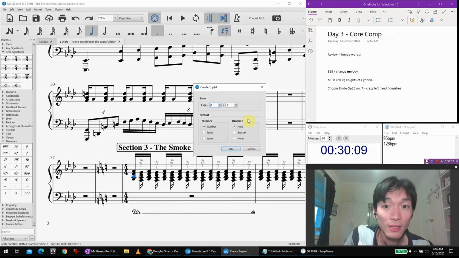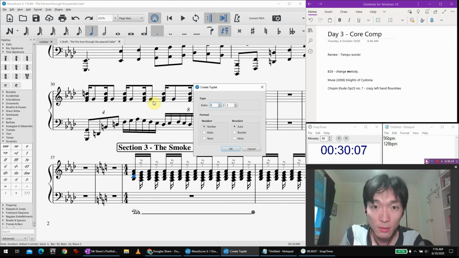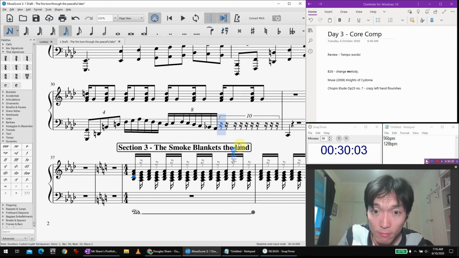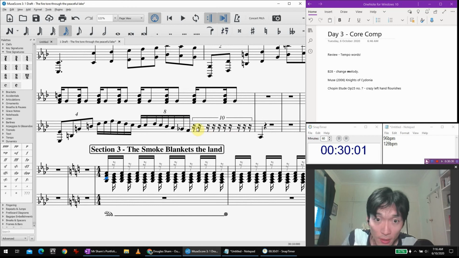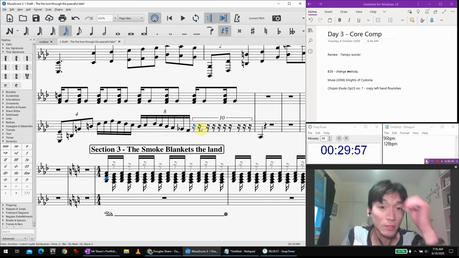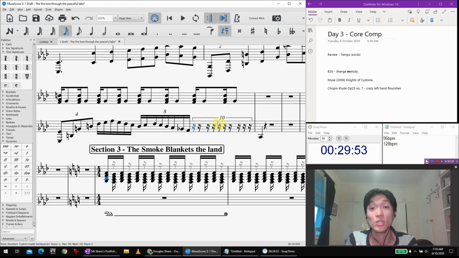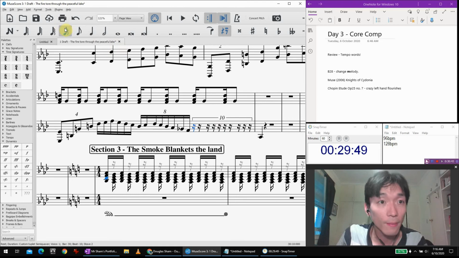Yeah, let's try that. Okay, so I've never used this function before. So it's 10 notes in the space of 6 semiquaver notes. Just then I did 10 on 2, so it was 10 notes in the space of 2 dotted quavers, which isn't quite right. So this should be right.